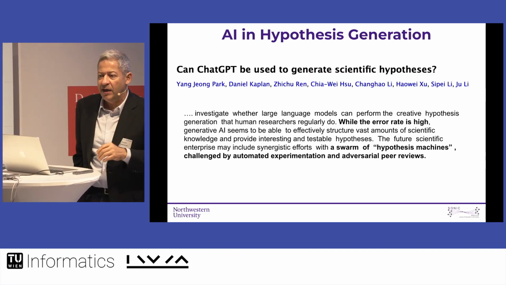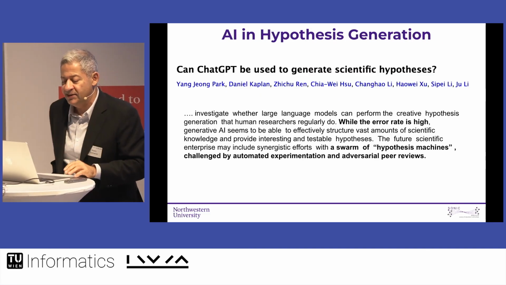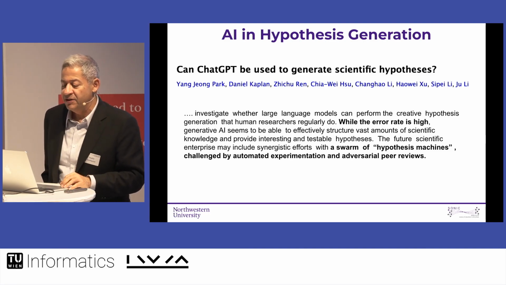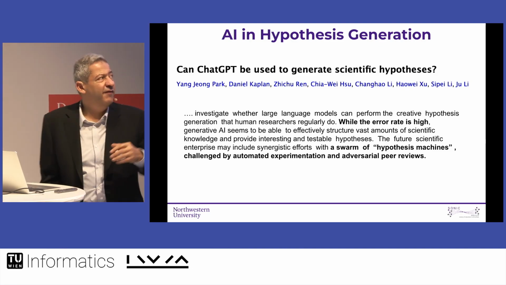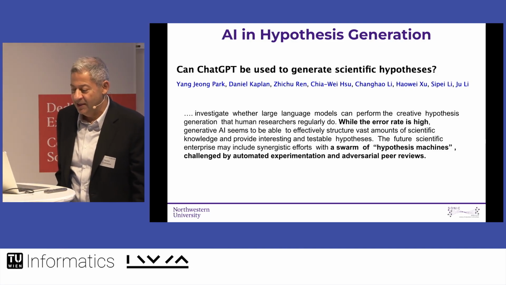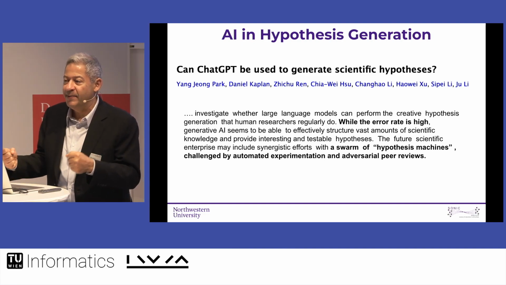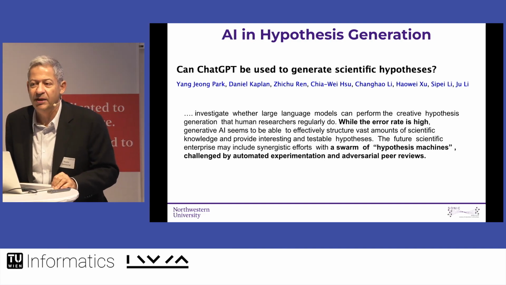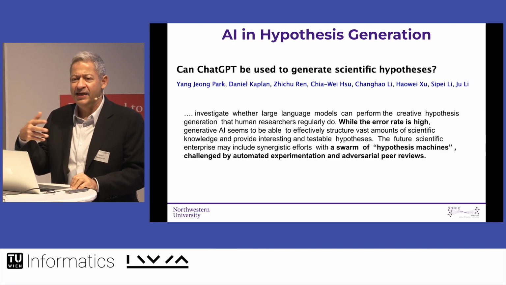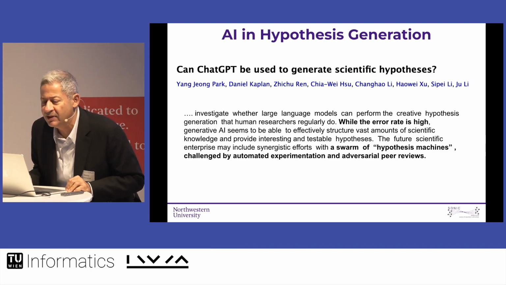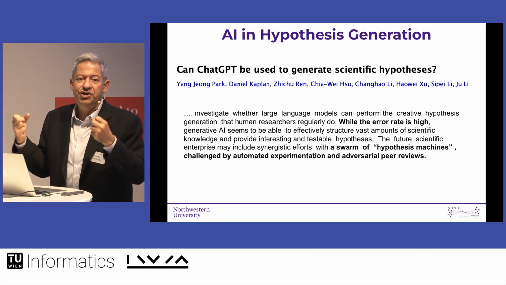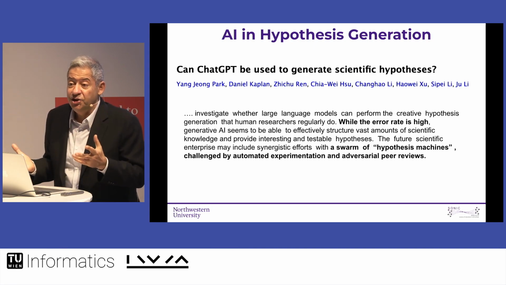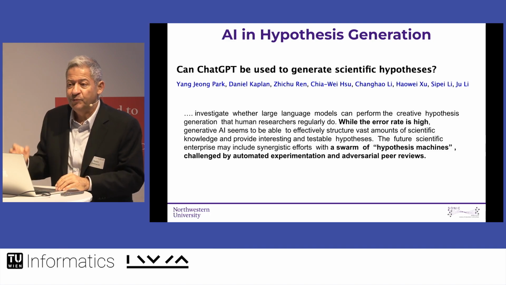Here is an example of an article that focuses on AI and hypothesis generation. Can GPT be used to generate scientific hypotheses? And it says it does, while the error rate is high. It talks about a swarm of hypothesis machines that can be challenged by automated experimentation and adversarial peer reviews. So you begin to see people thinking quite differently about how we can come up with hypotheses and use Gen AI to ingest as much of the existing literature and potentially suggest it, not always well,